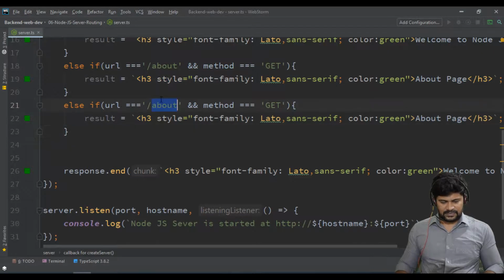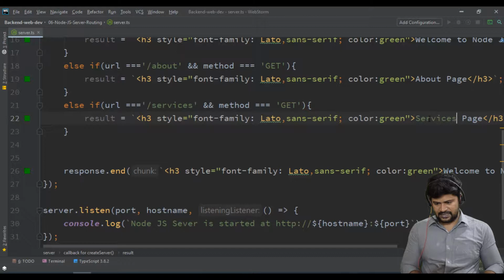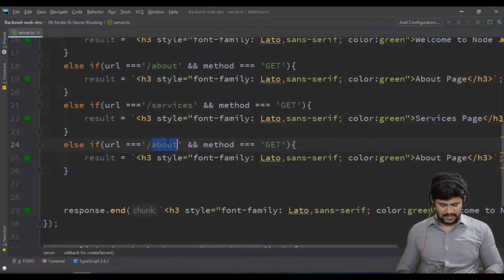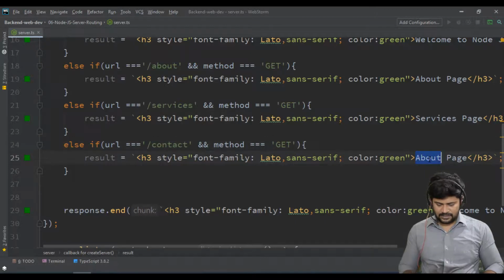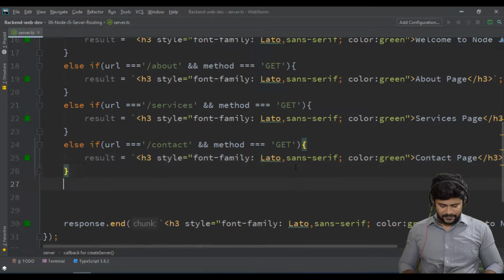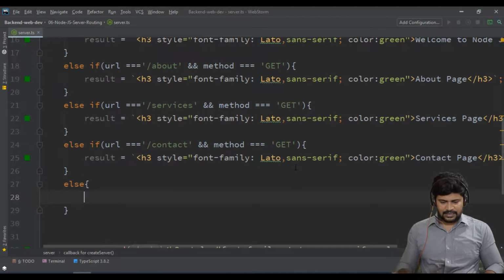If your request is for services, I'll respond with the services page. And if your request is for contact, I'll send you the contact page.